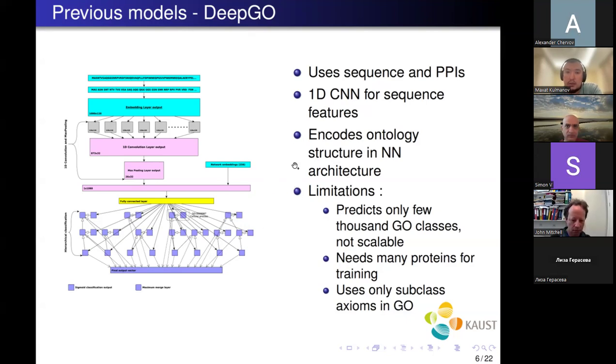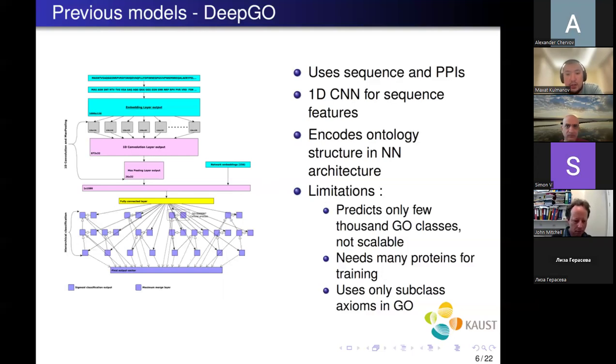After CAFA, I tried combining sequence similarity predictions, and results were improved. And then we wanted to overcome these limitations, and the aim was to perform better in the next